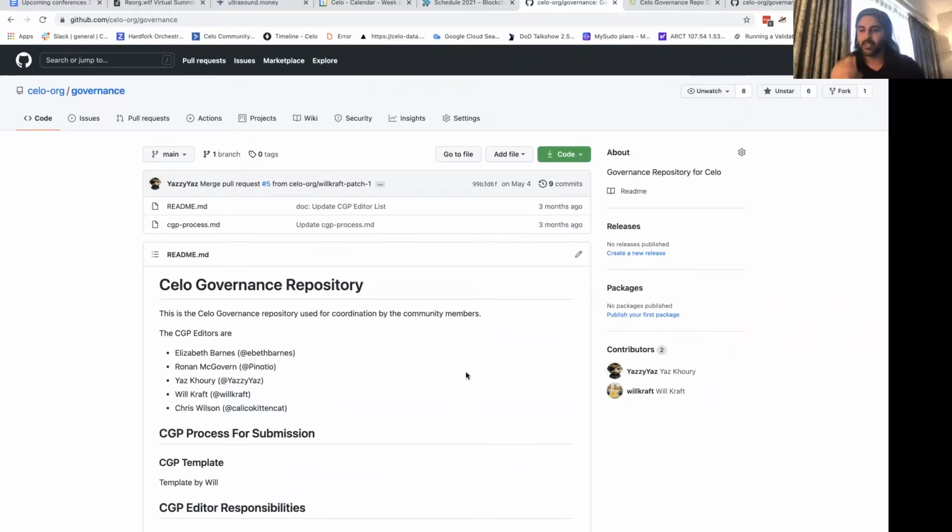Yeah, exactly. Kind of like cip.celo.org or cpp.celo.org, basically borrowing from the Ethereum code base for the EIP process. It's really straightforward. It would just convert the GitHub repo to a GitHub page. But yeah, I just wanted to cover that.